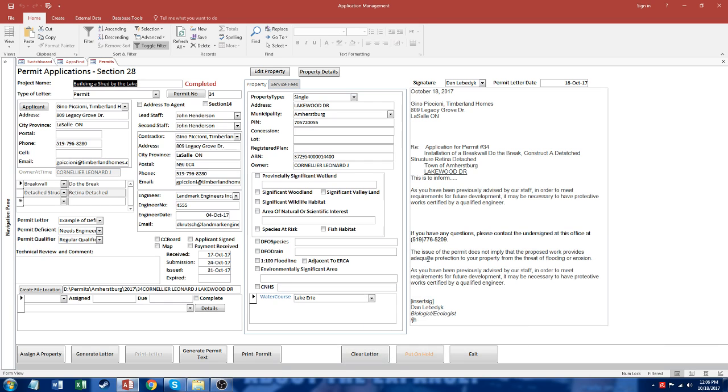This video will show you how to modify a letter. Specifically, we're going to modify a permit. And when I mean modify a letter, I mean modify it for your conservation authority. Okay, on this permit screen, you can see that there's some options for things that can be done covered on